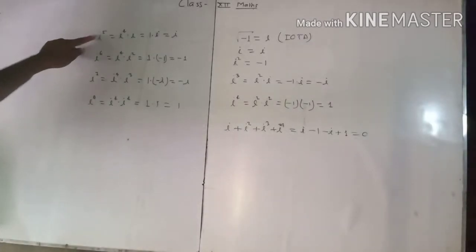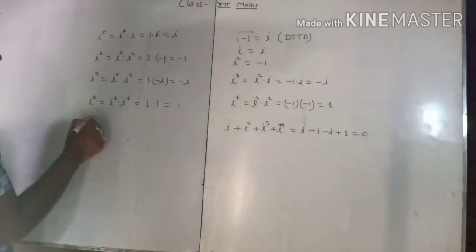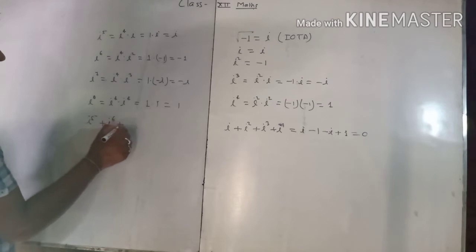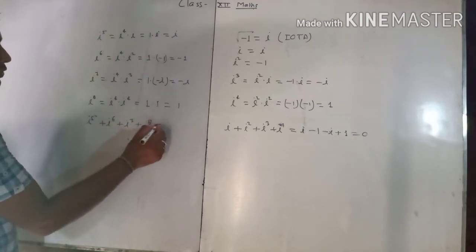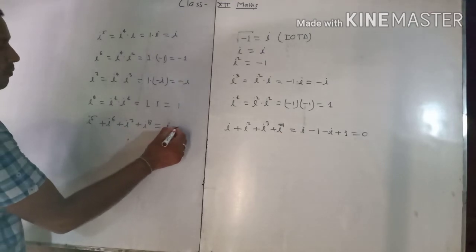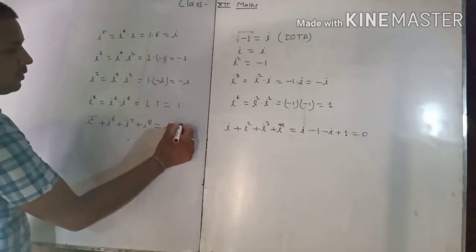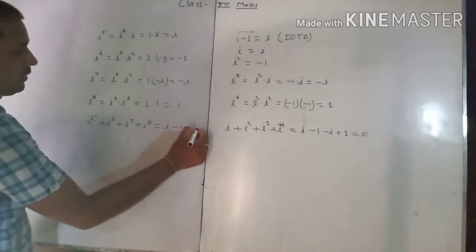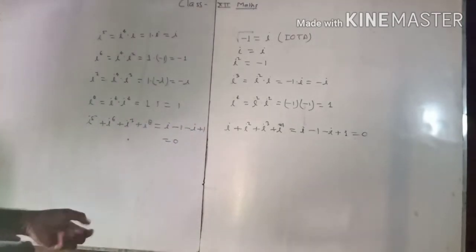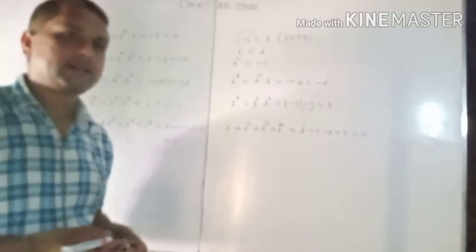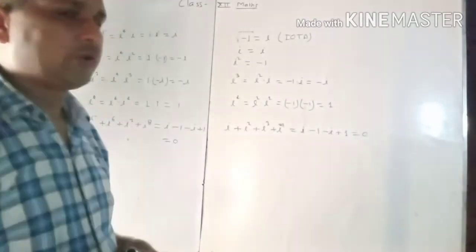Again I to the power 5 plus I to the power 6 plus I to the power 7 plus I to the power 8 is equal to I minus 1 minus I plus 1 equal to 0. It means if we take 4 successive powers of I, 4 conjugative means consecutive,